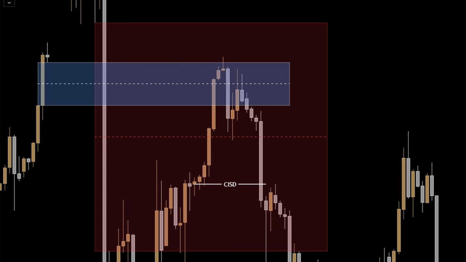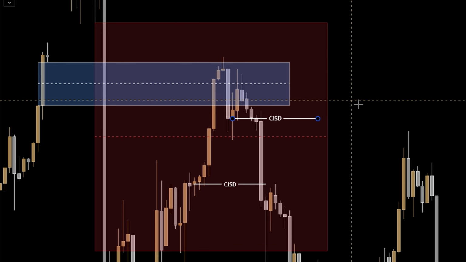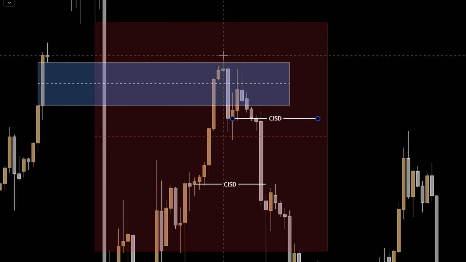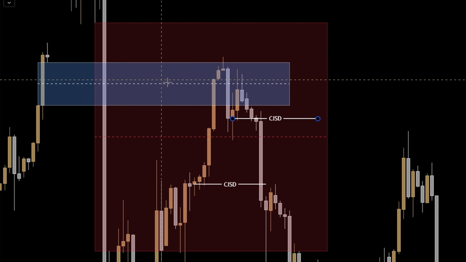Now, we can do the same thing here, right? We use the lowest body of the series of up-close candles before the move down. And we could also call that changing the state of delivery. Now, which one you take is up to you. This one is the one that reached up and caused the value gap inversion, all that stuff to get tapped